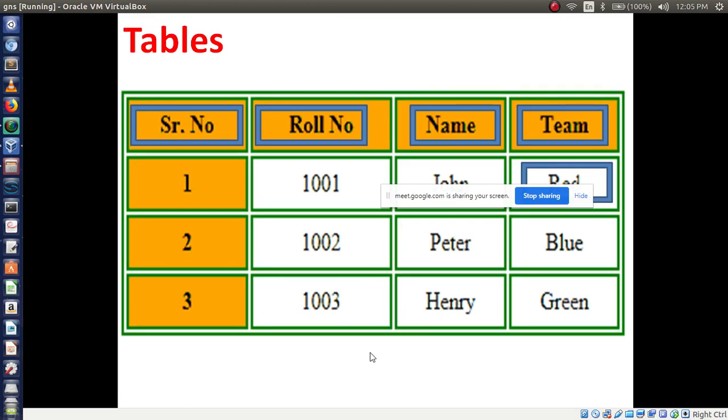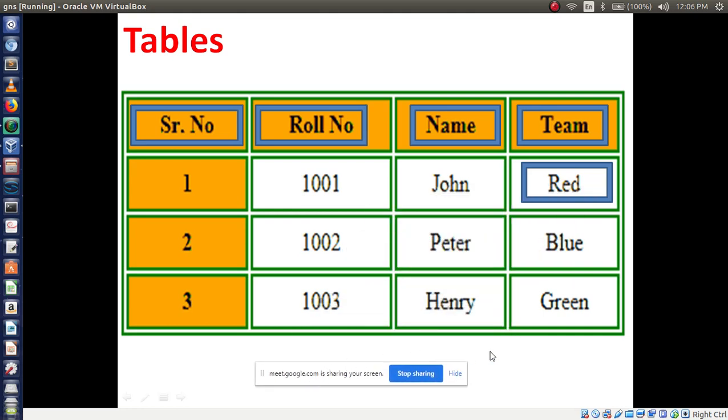Now the next one is a very important tag, the table tag, okay. So you all are aware of tables, right? How should we use a table in our web page? We are talking only about web pages, how to implement web pages, right? There are so many tags, so as per our requirement we have to use different types of tags. So one is the table tag. You know very well, a table contains what? A number of rows and a number of columns.